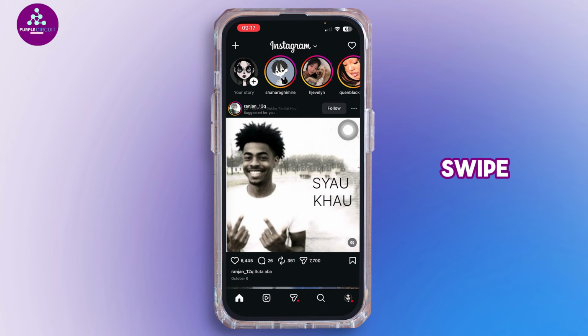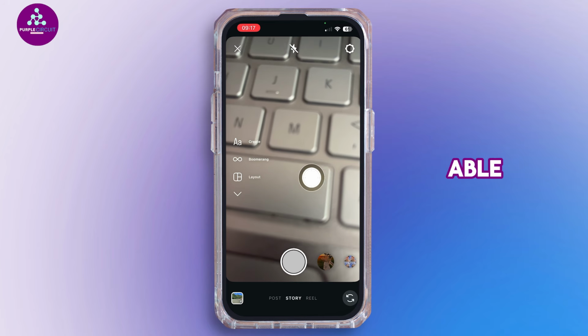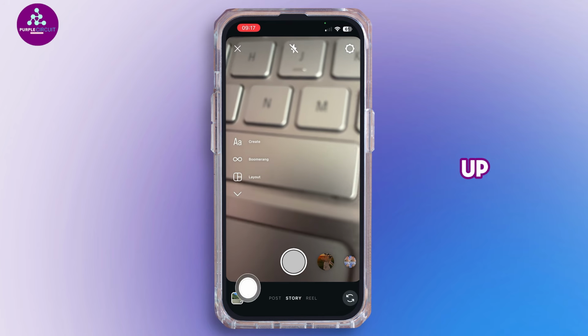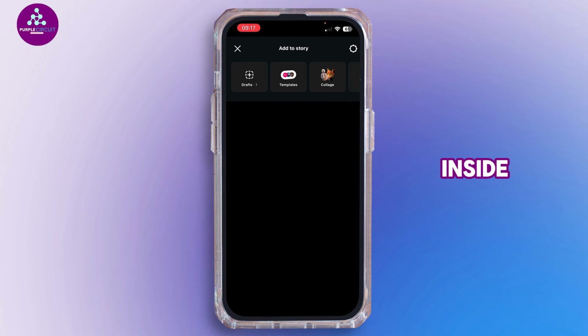Once logged in, swipe right from your home screen to open up the camera. And at the bottom, you'll be able to find a gallery icon to open up your camera roll. Simply tap onto it. And just like that, inside here, simply select a video or photo you want to use